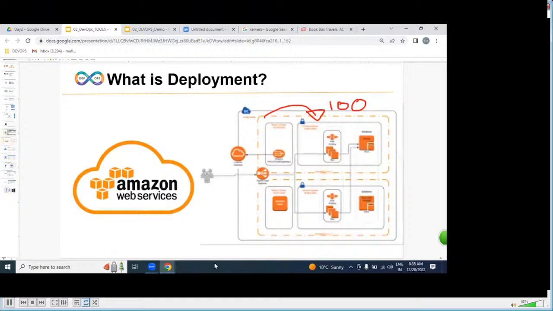Understood very clear. So we are going to have an automated process, hundreds of servers, agreed. But from where? We can get servers from a physical environment and implement the DevOps process. We can get servers from virtualization and implement the DevOps process. And moreover, we can get servers from cloud.